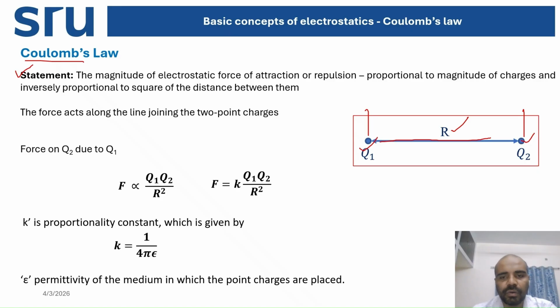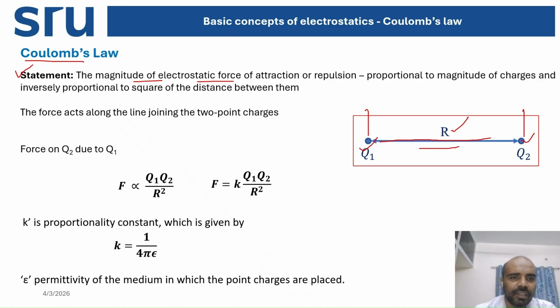So when two point charges Q1 and Q2 are separated by a linear distance r, then they can exert attractive or repulsive force on each other along the joining line. So this is the joining line, and the magnitude of this electrostatic force, which can be either attractive or repulsive depending upon the nature of the